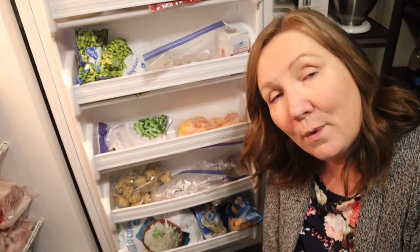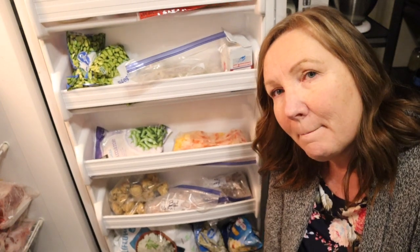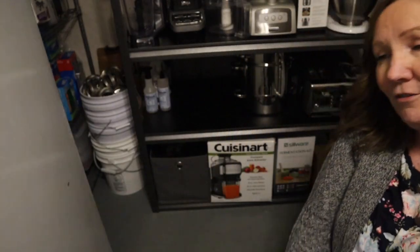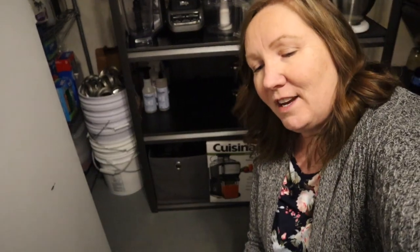I hate throwing away food. And I'm about to get hit in the head by a freezer door. I'm just going to go ahead and let that shut. Let's turn you around here for a second. I hate to throw away food, but